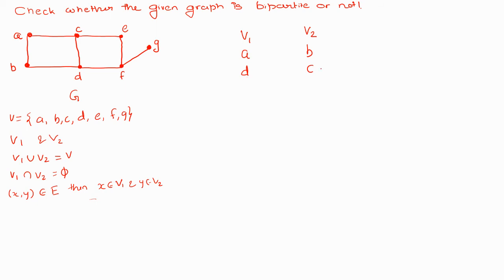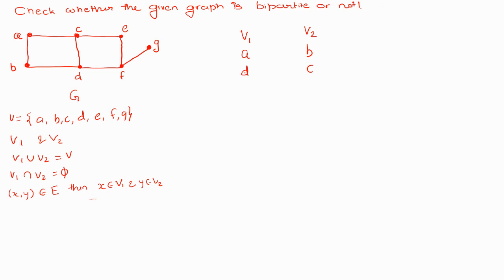So, this is totally fine. Again, in this case, V2, B and C, there does not exist any direct edge between them, right? So, including these two together is also fine. Now, again, there exists an edge from C to D, right? Therefore, this can be included in V1. D being included in V1 is totally fine.